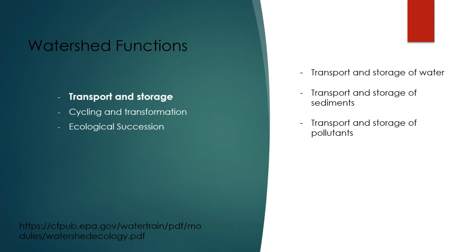So when we talk about transport and storage, we're primarily talking about 3 things: the transport and storage of water. A watershed is essentially an enormous precipitation collecting and routing device where water falls in the headwaters, moves through the forested areas into the riparian and down into the river through various pathways. There's also the transport and storage of sediments. As that water is moving, it collects sediments and also moves that sediment,